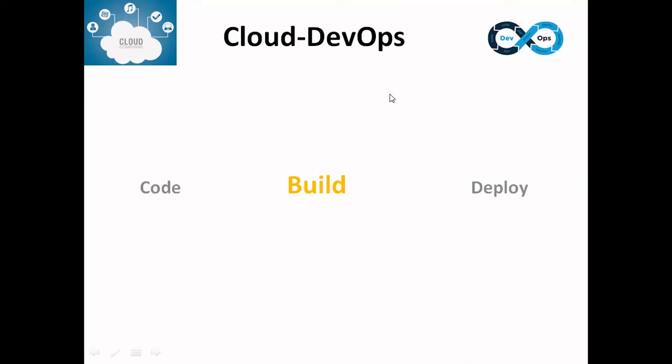So what does building mean? Integrating the code. What are the changes you have done, what are the code you have developed, to make it a single package, so that it will be easy to operate, easy to maintain, and the code cannot be seen by other people. If it is packaged like a jar or war or any other exe, it cannot be in human readable format. Some technologies need compiling, some technologies need compile and test. So depending on the technology, we choose the build section.